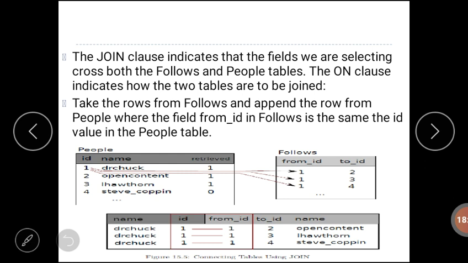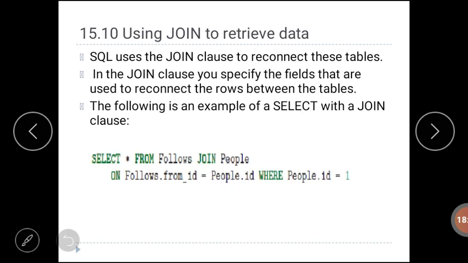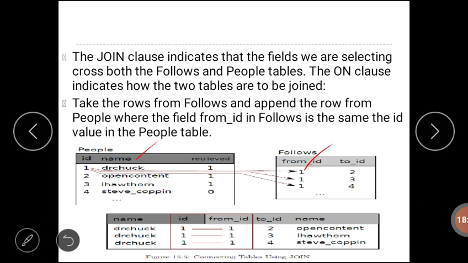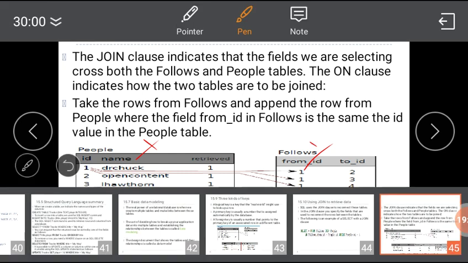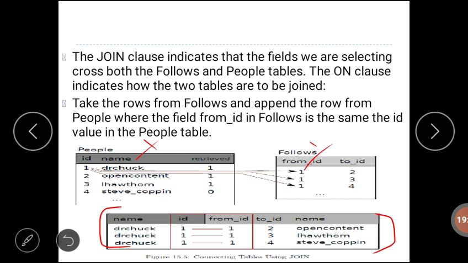Okay, here we have the people table, and again we have the follows table. Here we have a new table that contains the attribute values of the people table and the attribute values of the follows table: name, id from the people table, and from_id, to_id from the follows table.